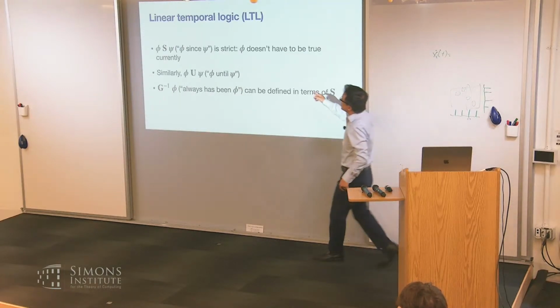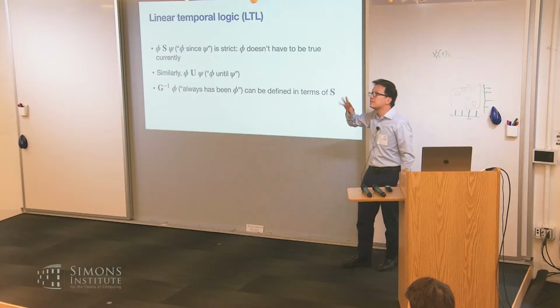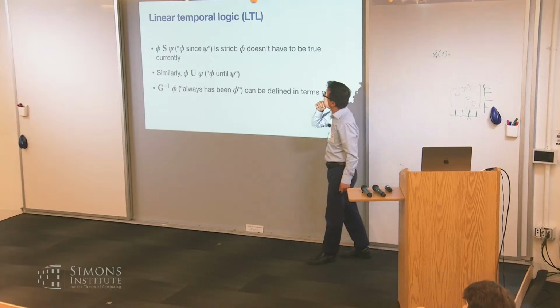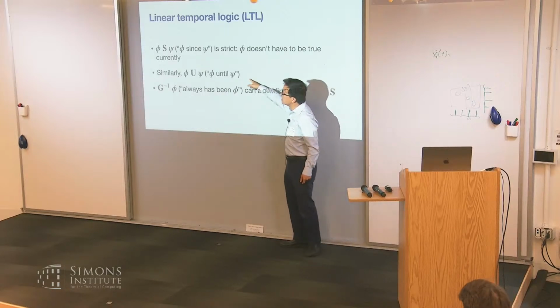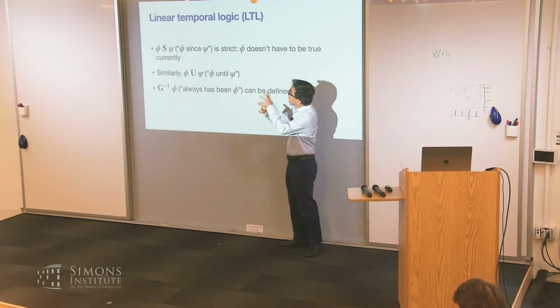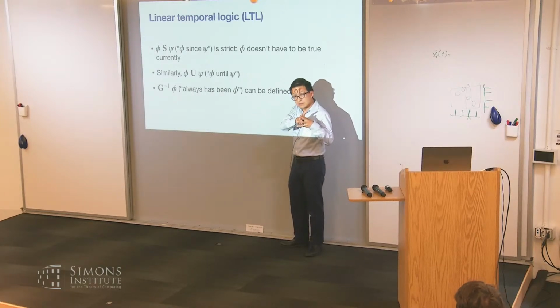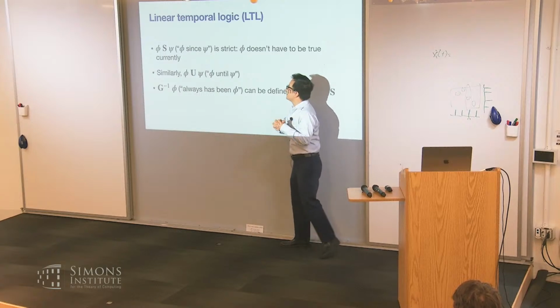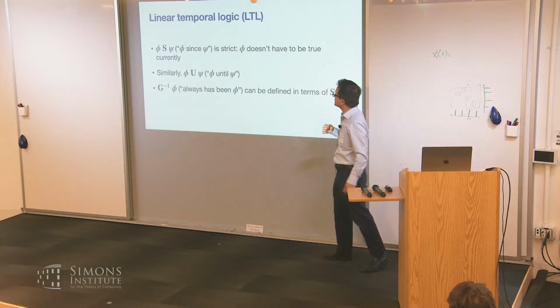Okay. So yes, there's a non-strict and a strict version of the since operator. I think different conventions are more common in different application areas of LTL. We're using the strict version here. There's also an until operator that says there's some point in the future when psi is true, and from now until that future time, phi is true. It's just the time reversed version of since.